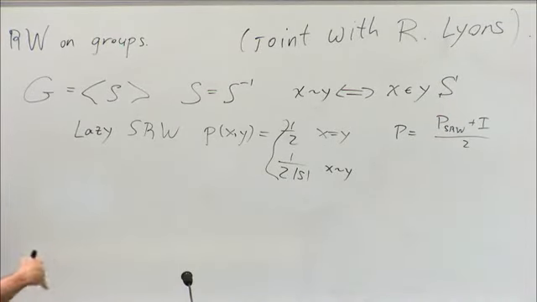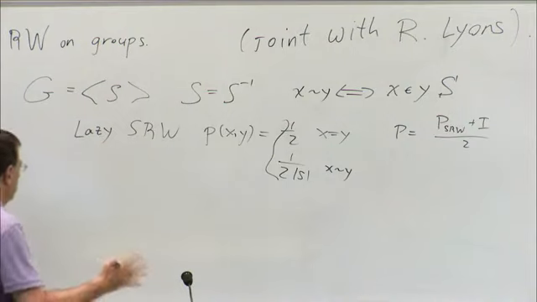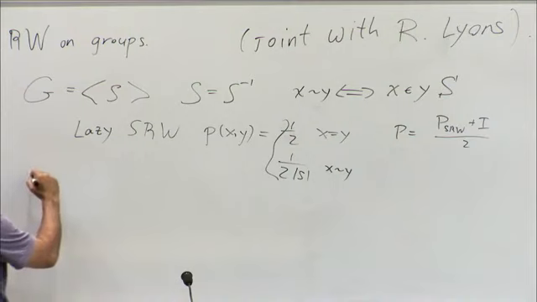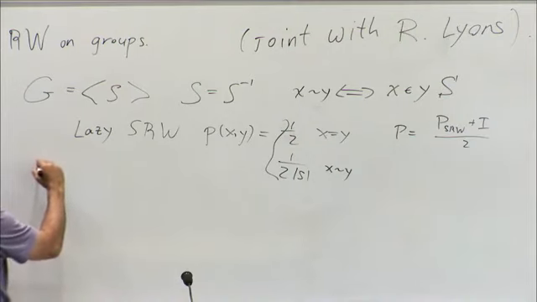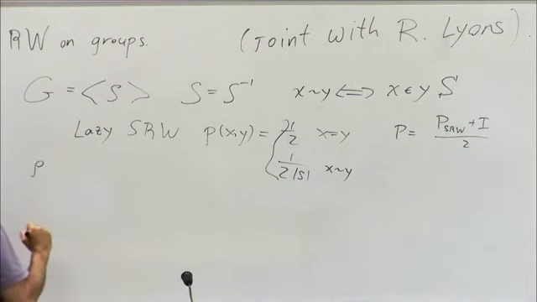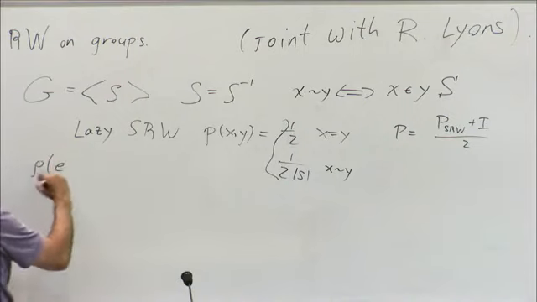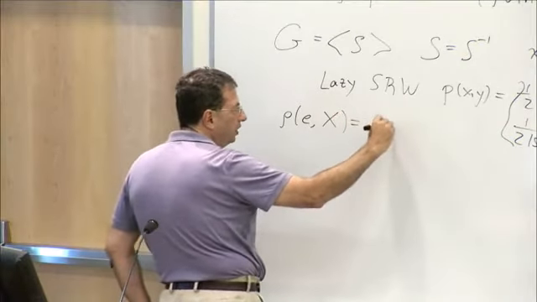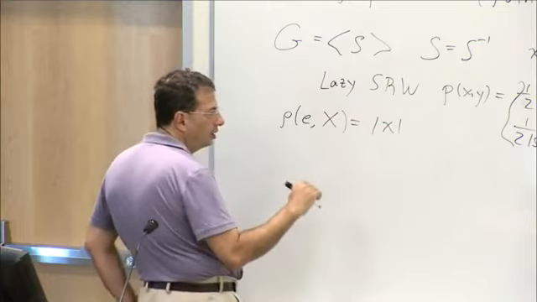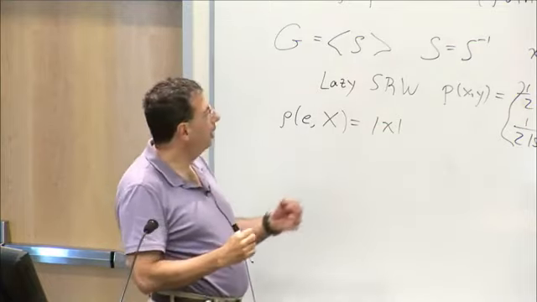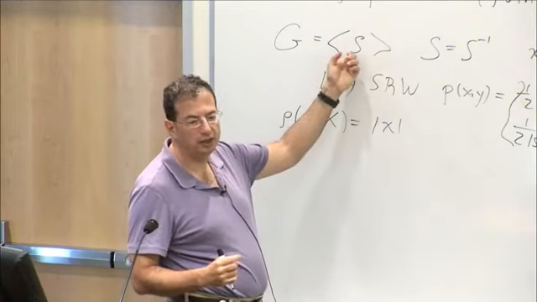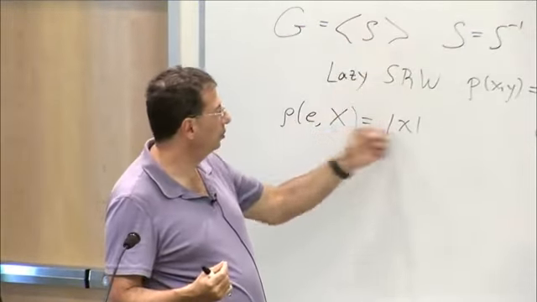So the basic questions, there are many questions, involve the asymptotics of the random walk. One particular asymptotic is the asymptotic distance, or the speed. So we're going to write rho for the graph distance, and if e is the identity, then the distance from e to x will sometimes just be abbreviated as the absolute value of x. This is just the length of x, when you write it as a word in the generators. It's the shortest word that represents x.